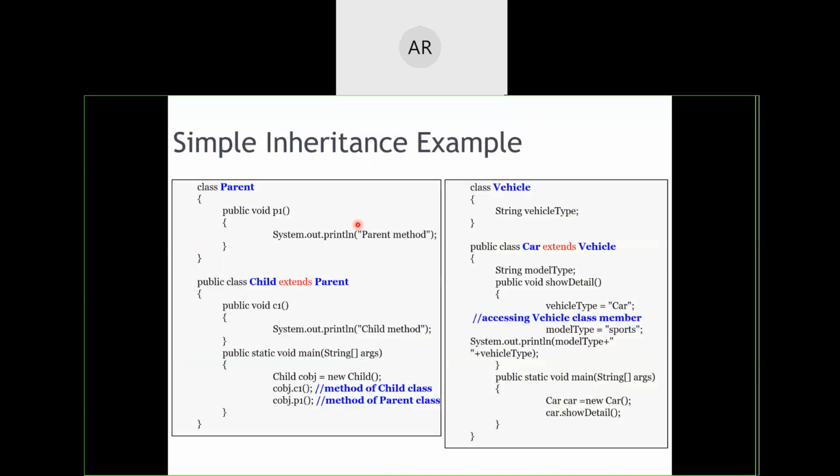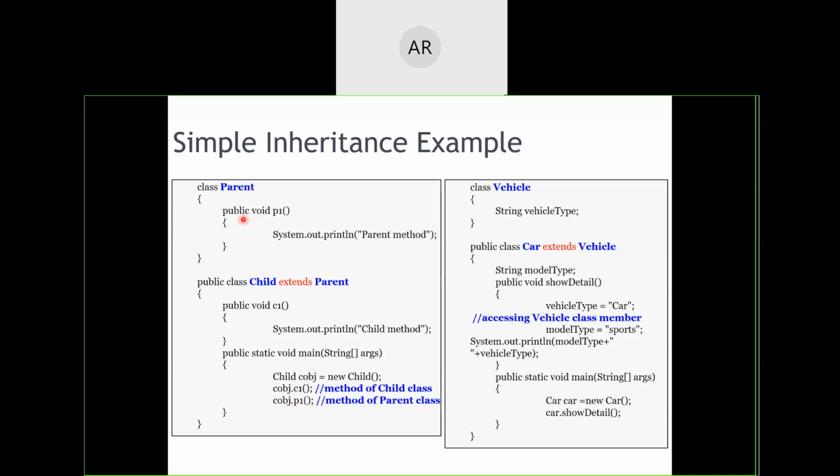Now let's try to see further. In case of single inheritance, we will have one parent and one child, so whatever the parent class contains will get inherited into the child class. What I mean by inherited is that in the child class, using the child class object, I can even call the parent class methods or variables if they are having a proper access specifier, such as public.